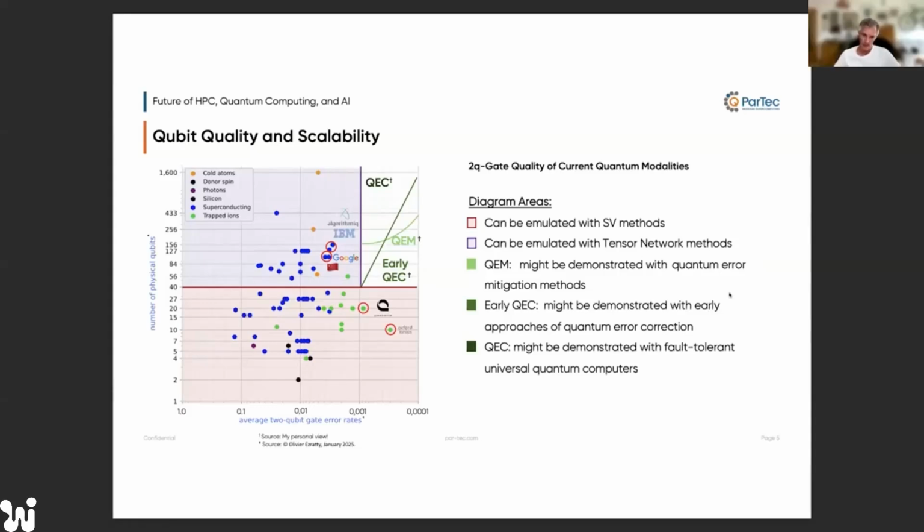There are different kinds of technologies to achieve this. We can use physical qubits with quantum error mitigation methods, and we will probably see some early quantum error correction codes which help us. But for the future, maybe in more than 5 to 10 years, we will definitely see these quantum error correction codes building logical qubits with the low error rates that are necessary, and in a reasonable amount of logical qubits that we need to solve real problems and real use cases.